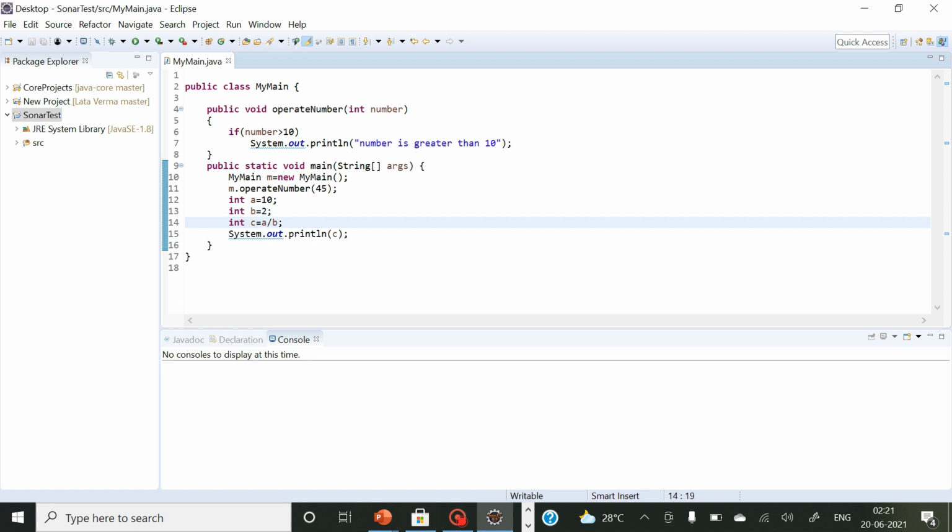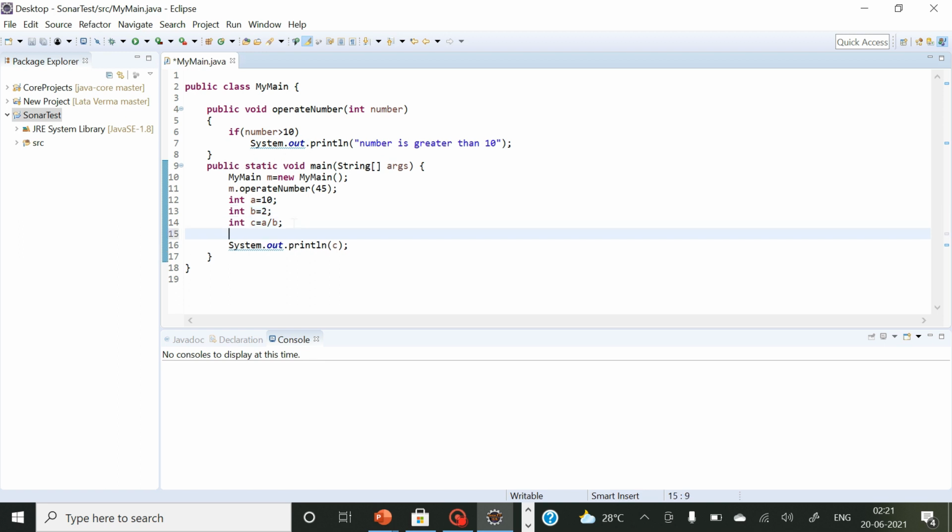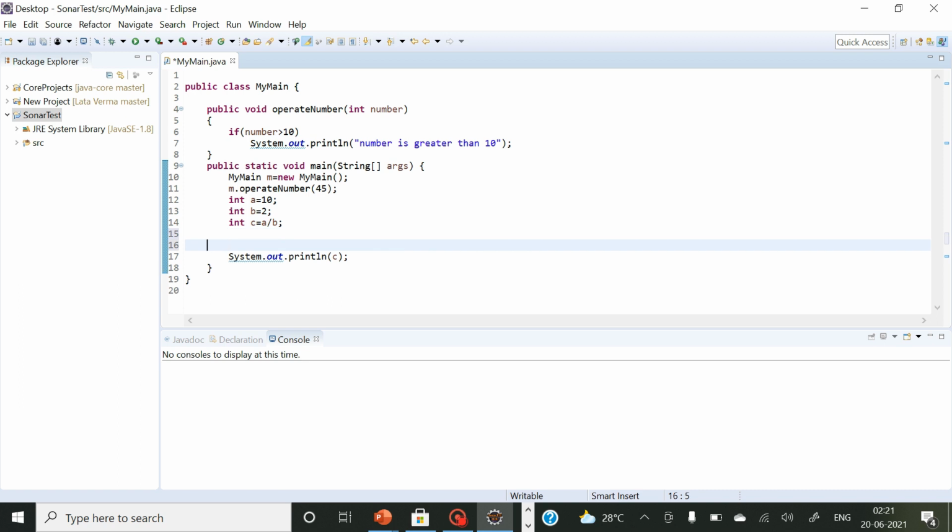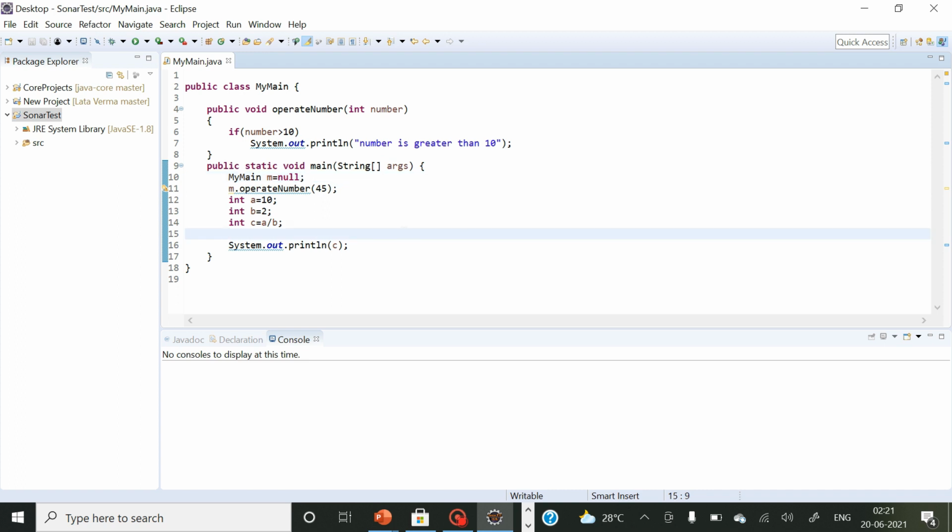Okay. Now one more thing you can see. Let's say I forgot to assign an object reference to this m. If SonarLint were not embedded in my IDE, then of course I could not have known that I have by mistake put null in this reference variable m.